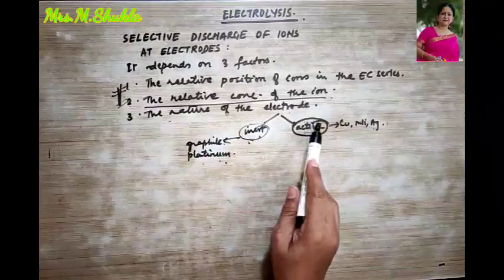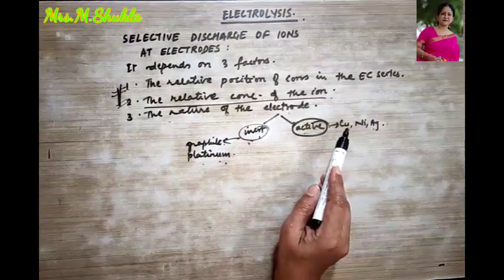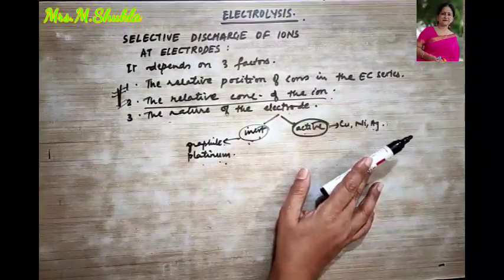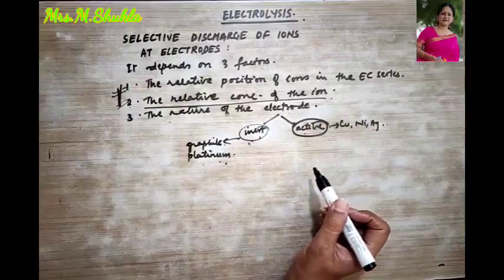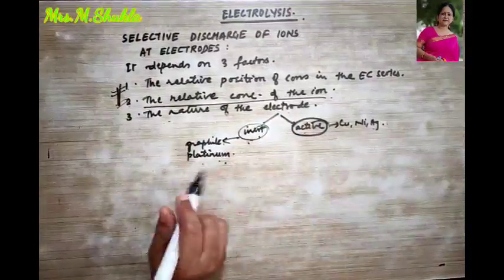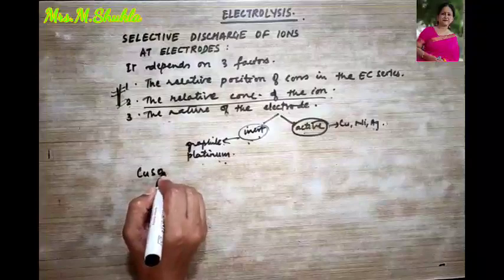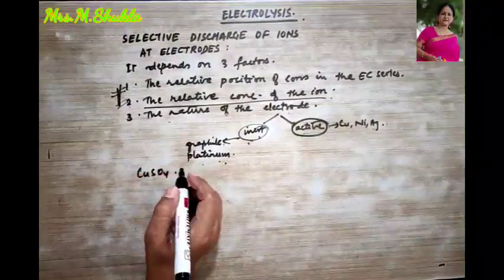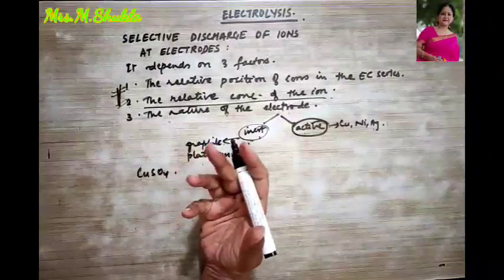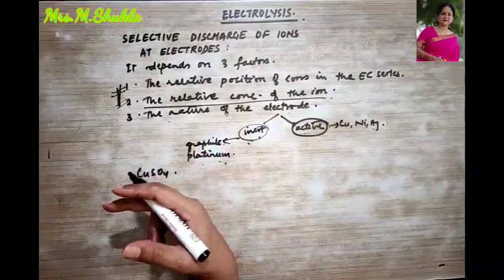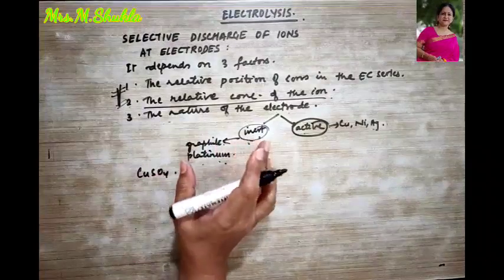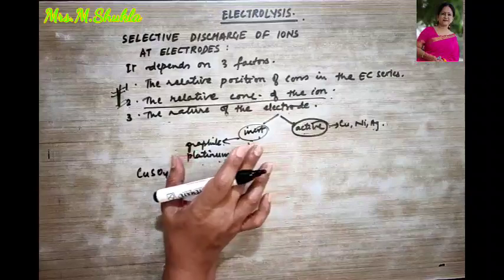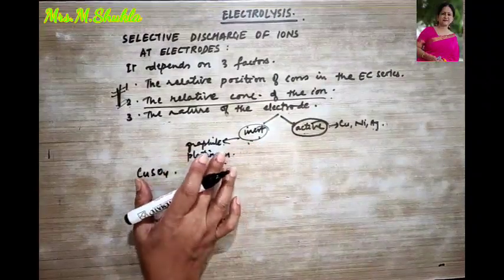But if it is an active electrode, then it is definitely going to take part in the chemical reaction. Okay, so let's take a few examples over here, like the electrolysis of copper sulfate solution. Copper is deposited where? At the cathode, and copper ions are formed at the anode if a copper cathode and copper anode are used. So oxygen will be formed at the anode if a platinum anode is used over here.